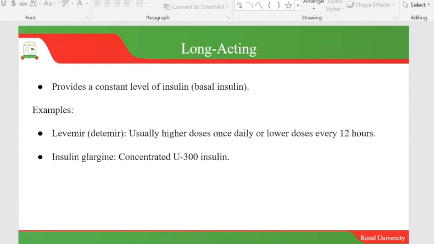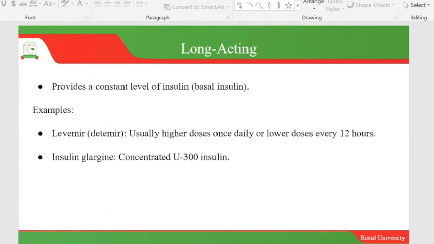Then let's look at the long-acting. The long-acting insulin provides a constant level of insulin, which is known as the basal insulin. This one is constant throughout and can last long. When it is taken once in a day or twice in a day, depending on how it has been prescribed, it is released in bits to make sure that there is a constant supply of insulin throughout the day. The examples under long-acting insulins include